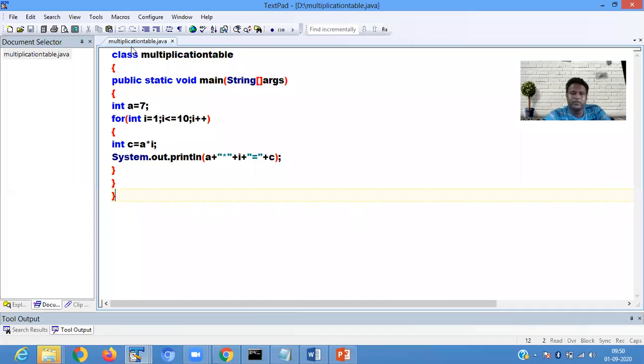Next program is your multiplication table. We have to find out the multiplication table of 7. Okay, so first I run the example.